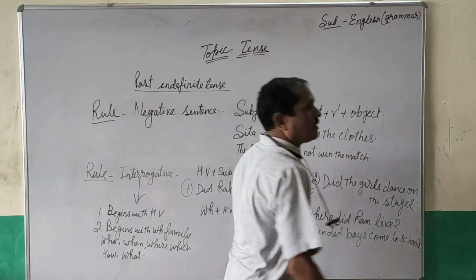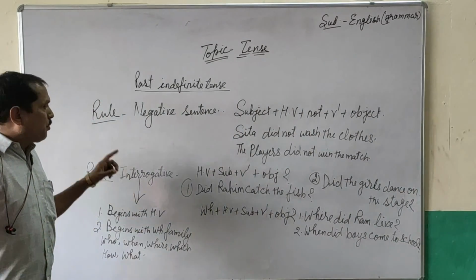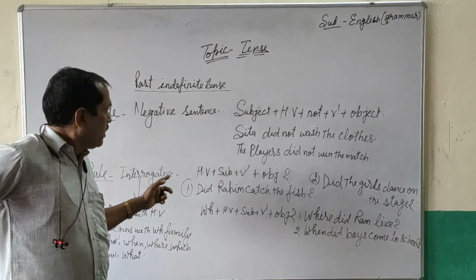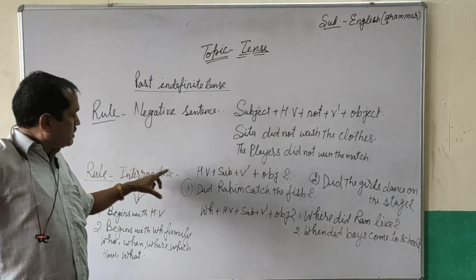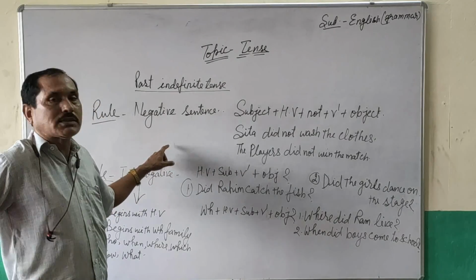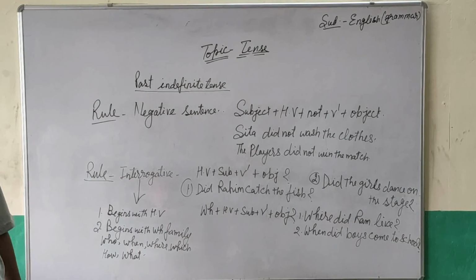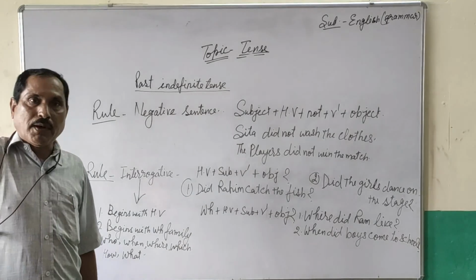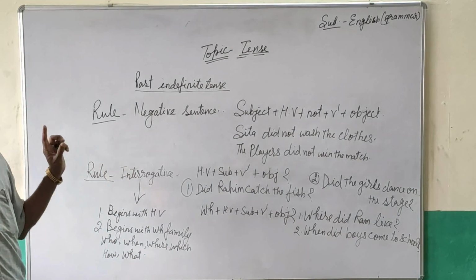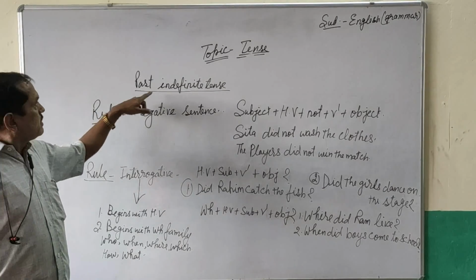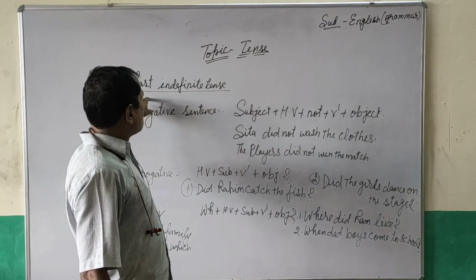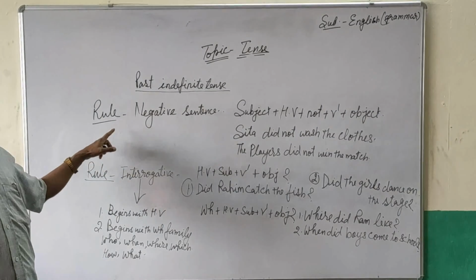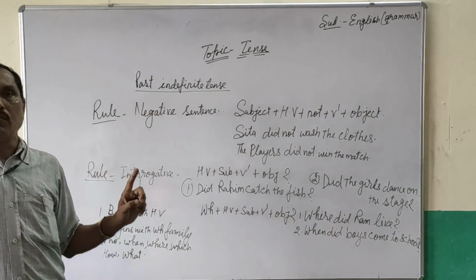Knowledge of tense is very important to learn the English subject. It is used in the transformation of any sentence: positive to negative, negative to affirmative, affirmative to interrogative. Now your first kind of the past tense, past indefinite tense, is closed. Thank you. Pause the video and write it in your notebook.